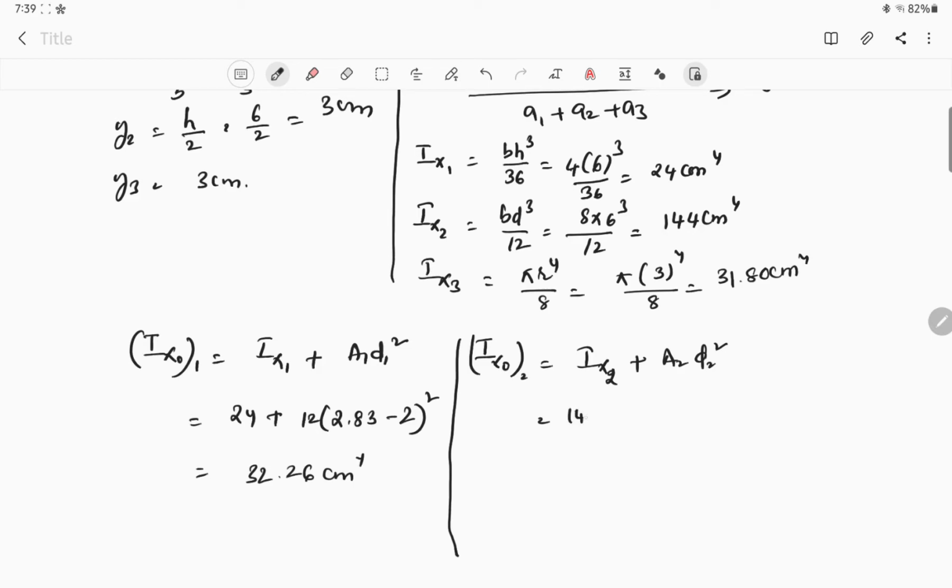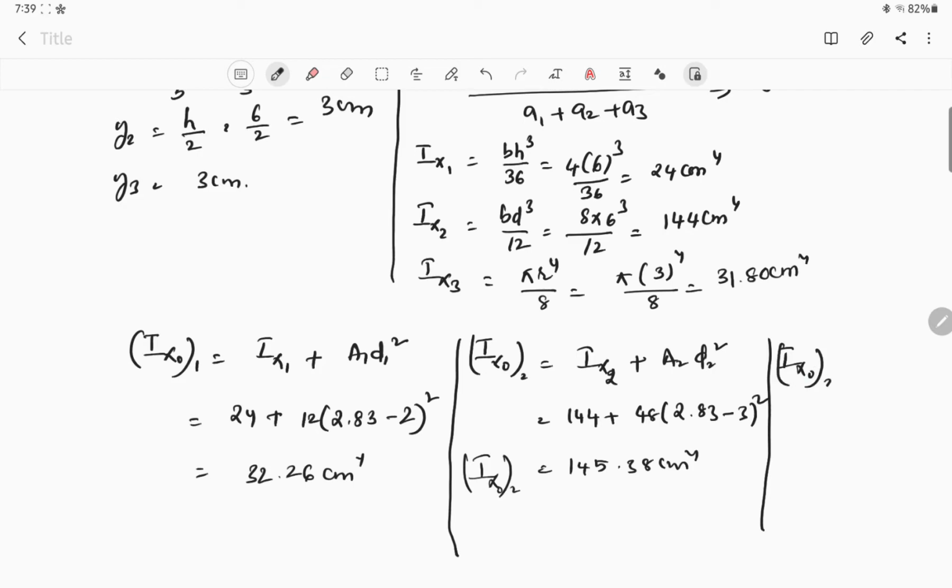Ix2 is 144 plus a2, which is 48, into y bar minus y1, that is 2.83 minus 3 whole square, which is equal to 145.38 centimeter power 4. This is Ix0 of second element. Similarly, Ix0 of third element, if you calculate, you will get the value as